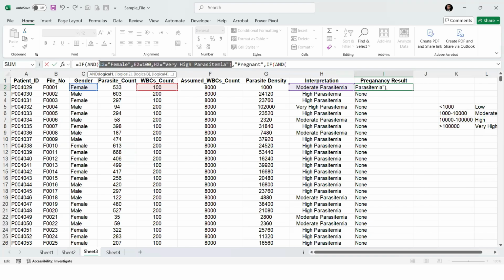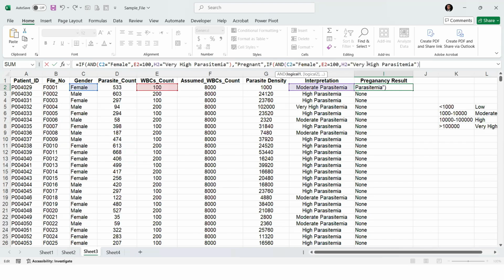I'm just copying this and pasting it here, but I'm changing this very high to high. So that's what I'm going to do. And I'll put a comma again, and I'm creating another IF. Okay, sorry. After the comma, then I have to put the value if true. So for the value if true, we need it to be pregnant also, because it's the same. Pregnant. So under the value if false,